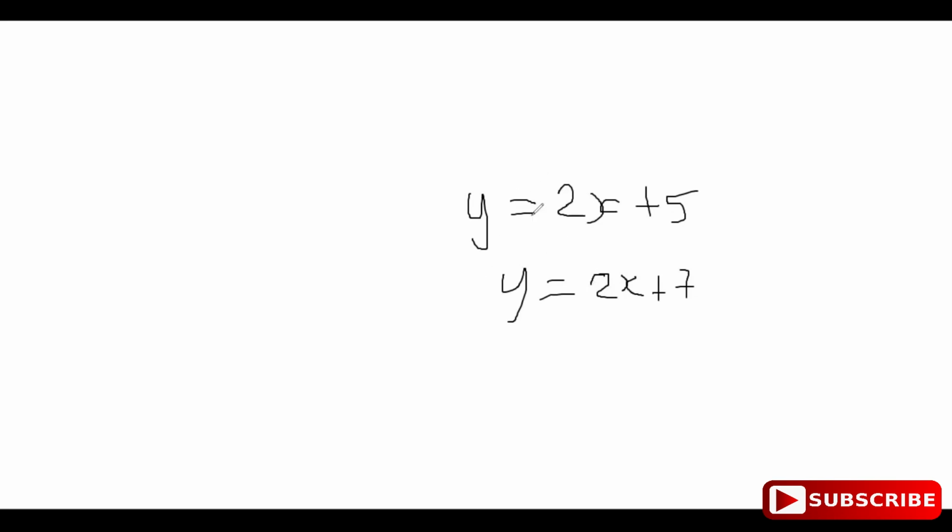So let's write this in standard form. For example, this can be written as y minus 2x equal 5 and y minus 2x equals 7. So those two would be parallel. But remember,